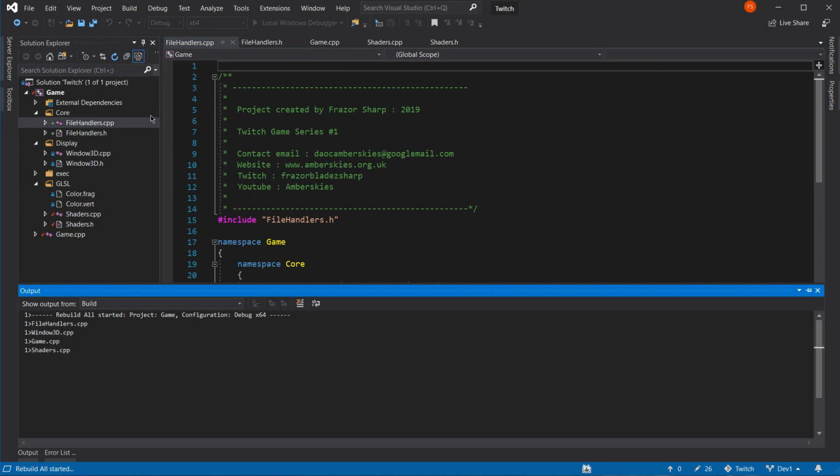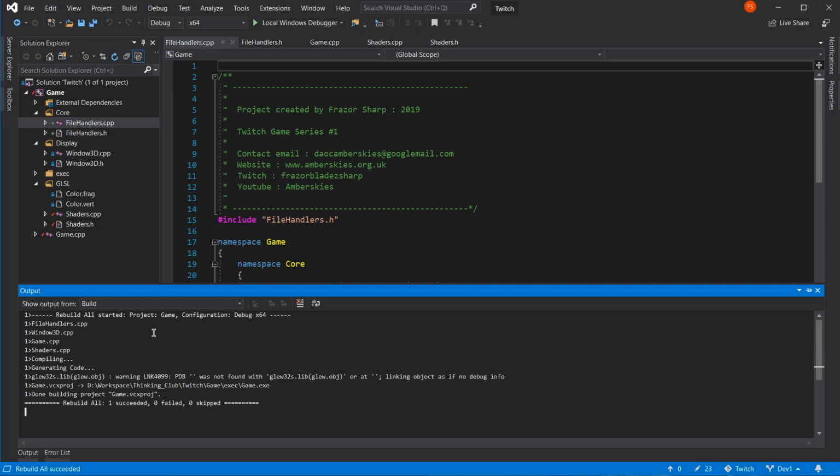Right, if I do a rebuild now, it should not come up with those link errors. Why is it taking so long? There you go, succeeded. Yeah. GLuint 32 doesn't have any PDBs, mate. I didn't do any.